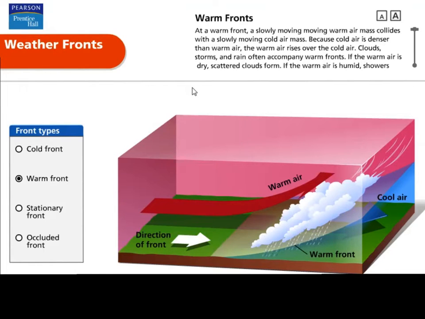warm fronts. At a warm front, a slowly moving warm air mass collides with a slowly moving cold air mass. Because cold air is denser than warm air, the warm air rises over the cold air. Clouds, storms, and rain often accompany warm fronts. If the warm air is dry, scattered clouds form. If the warm air is humid,